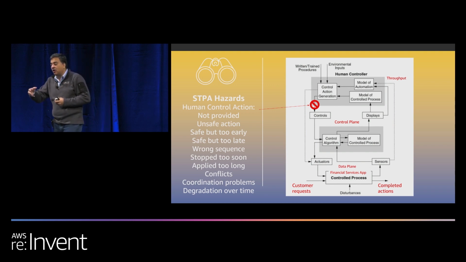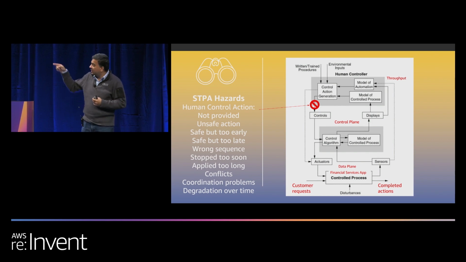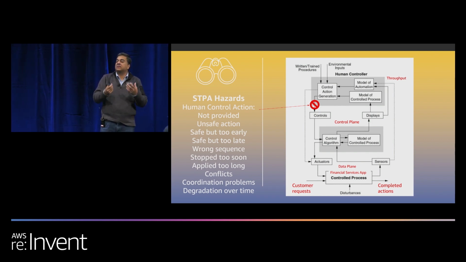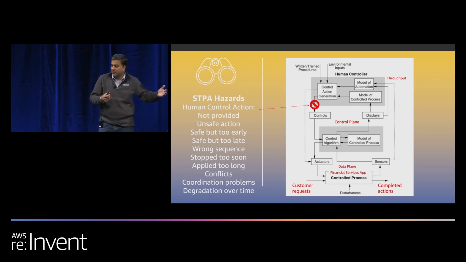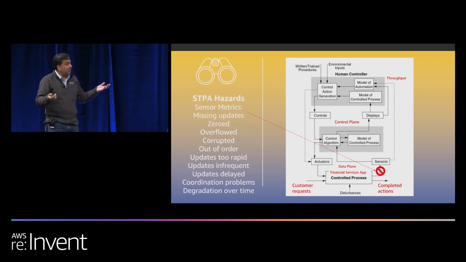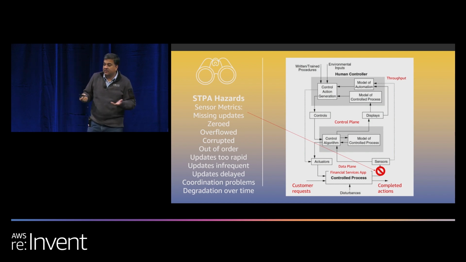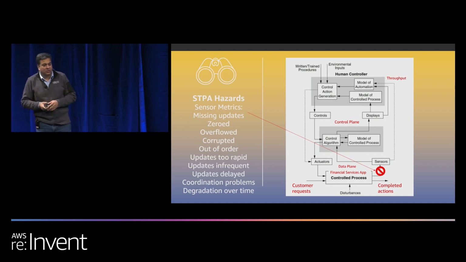So the idea here is not to look at the blocks which are built in a robust way, but the lines connecting the blocks, right? So some output is causing, or some output missing is caused by some failure of some action, right? So that's something that we want to look at from a human perspective. There could also be, hey, your sensors are wrong, right? You are getting wrong data, or you're getting zero data, or you're getting data too fast or too slow.